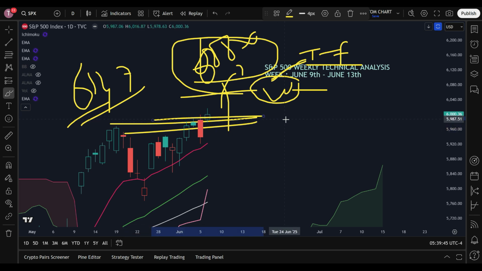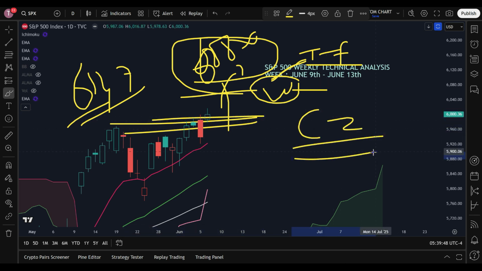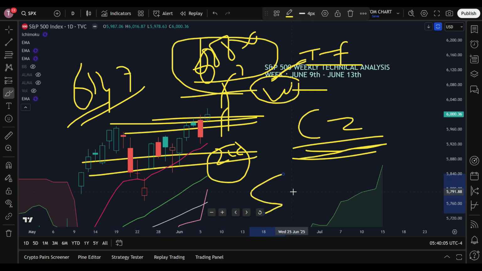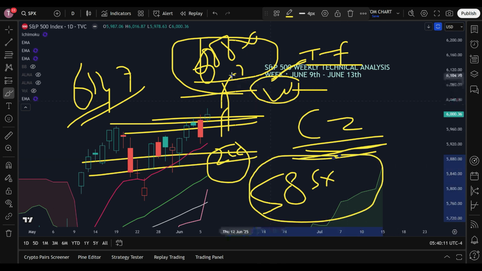Any fall will be handled by the confluence zone. This is very, very important, the confluence zone. Only when there come two consecutive closings below the confluence zone will the S&P 500 come under pressure, and then it will be looking for the next heavy support zone, which starts from 585x. So it will lose this much, from around 605x to 585x, somewhere around a 4% fall. But up to the confluence zone, fine.